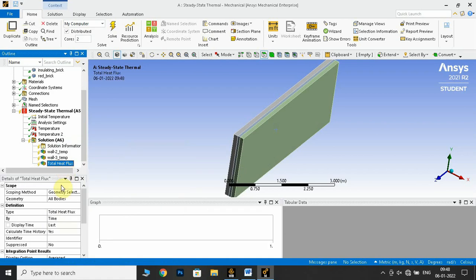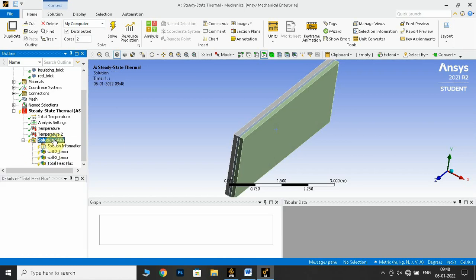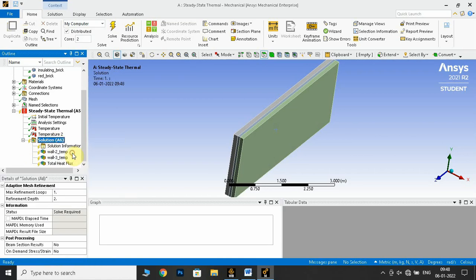So total heat flux, and it's kind of all the body, so you don't have to worry about it. And finally right click on it, solve. So it started solving, and it takes little time in order to give all the outputs.